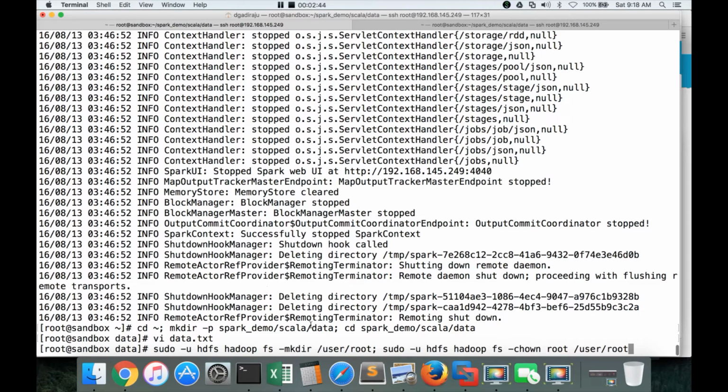So first run this code snippet. It has 2 commands. Both the commands I am trying to run as hdfs. sudo -u hdfs will tell it to run the subsequent command as that particular user. So hdfs is the super user in HDFS. He is an OS user and a super user, and you have to use that one to create the user spaces for a user at OS level. In this case, I am trying to create a user space for user root.